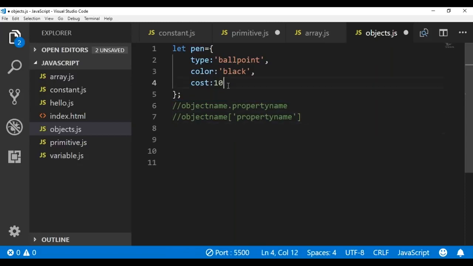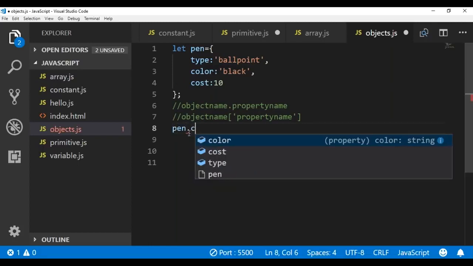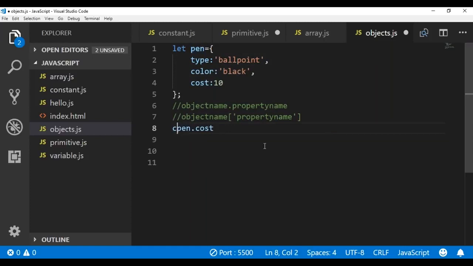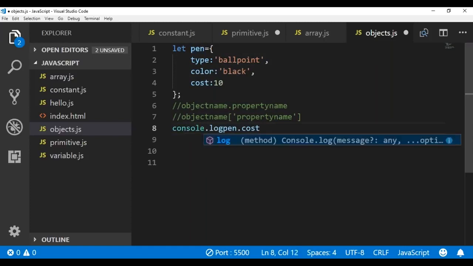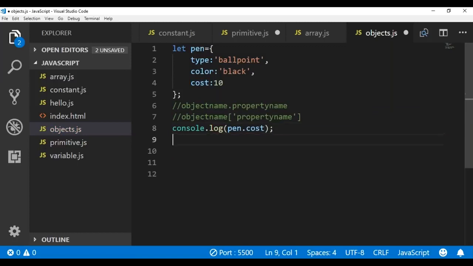Now let's try to display the cost of the pen. How do you do that? First you write the object name, which is pen, dot the property name, which is color. Sorry, the property name, which is cost. I want to display this, so I'm going to put this in the console.log statement.